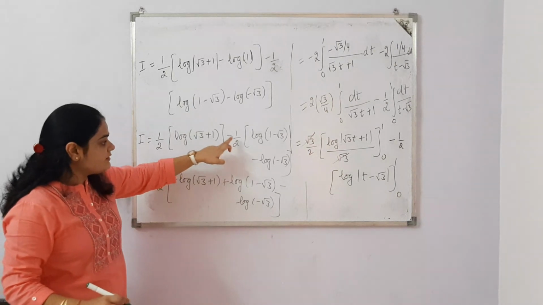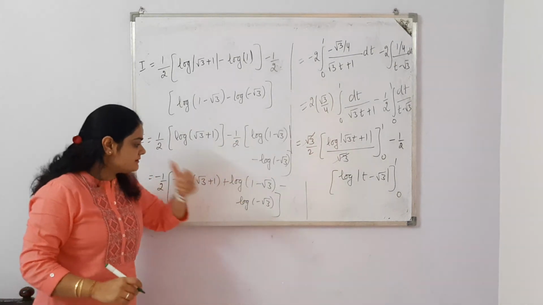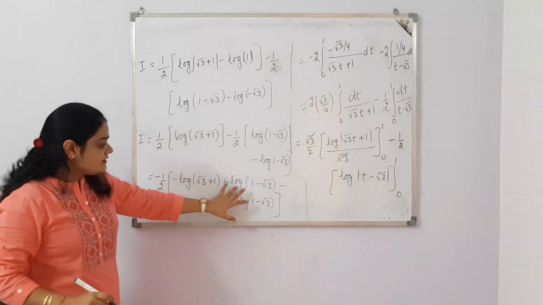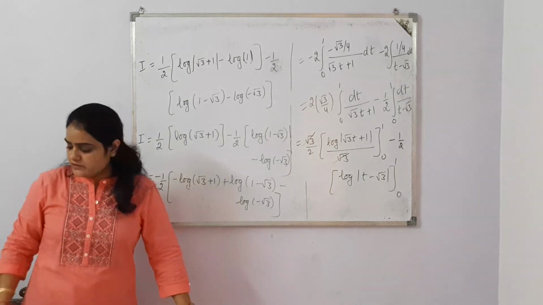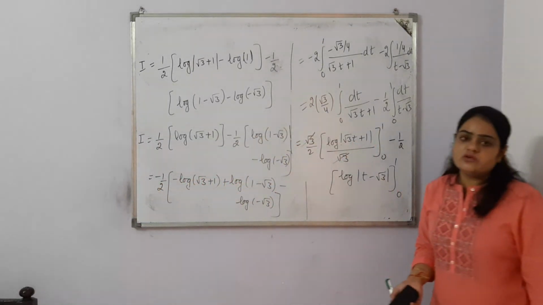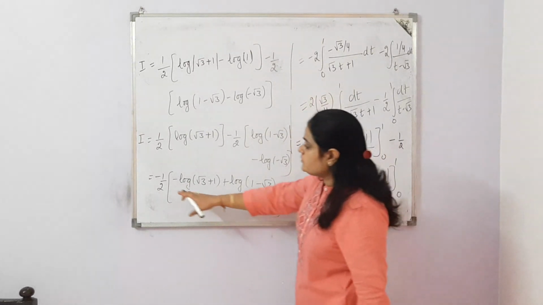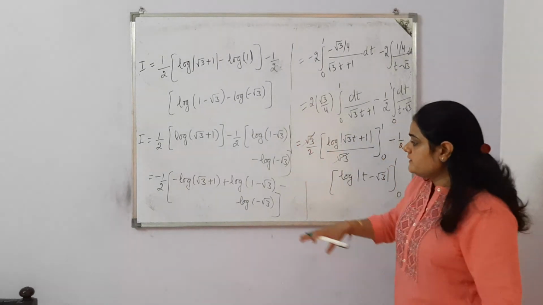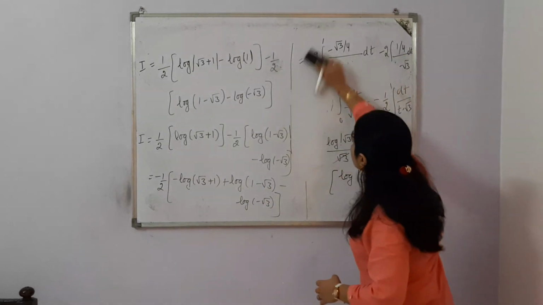If positive 1 by 2 is there, so plus, plus, minus, minus. So this one is with positive sign and the others are with negative sign, so they will go in the denominator. If you don't want to take the negative sign as common, it's up to you. You can do the calculations before taking the negative sign common. But here log's properties are applicable, so we need to apply the properties of log as well.